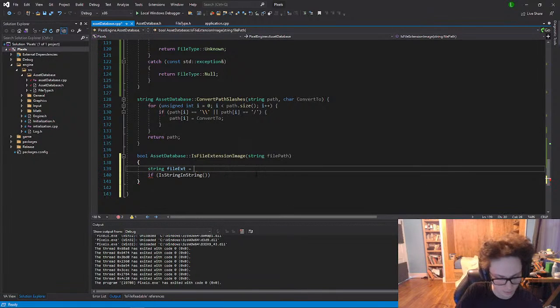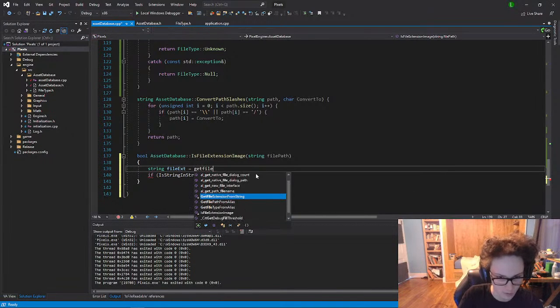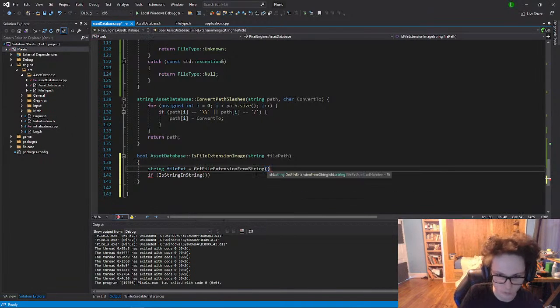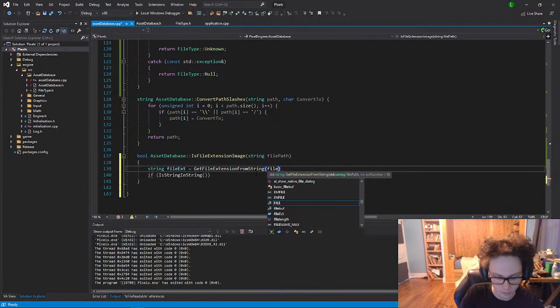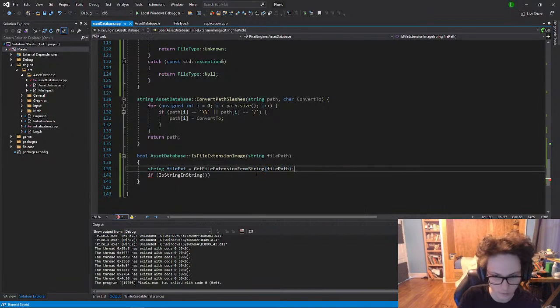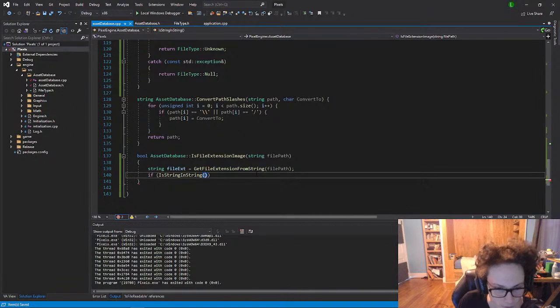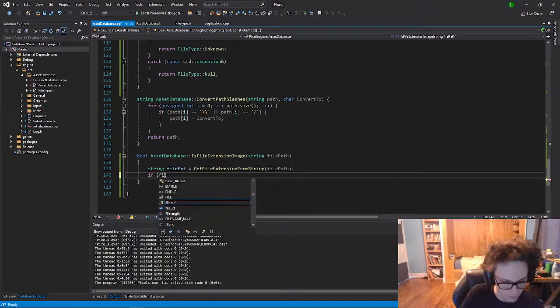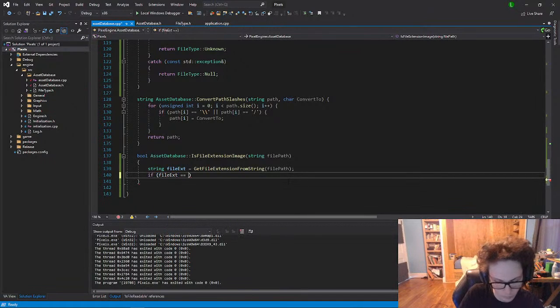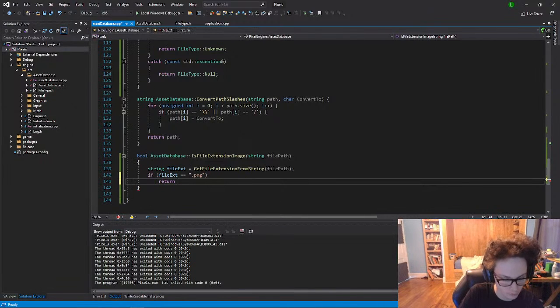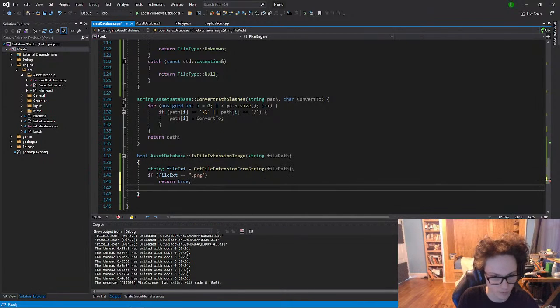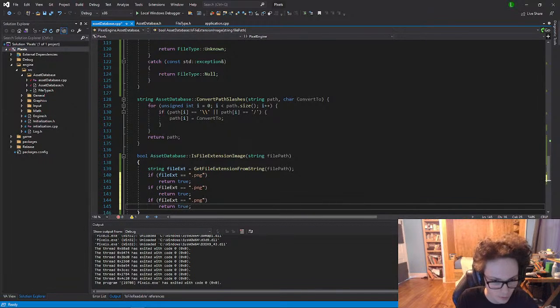No. Get file extension from string file path. There we go. And then next thing is is string and string. We could do that, or we could just do file extension is equal to .png, return true, and then we do that for the rest of these,